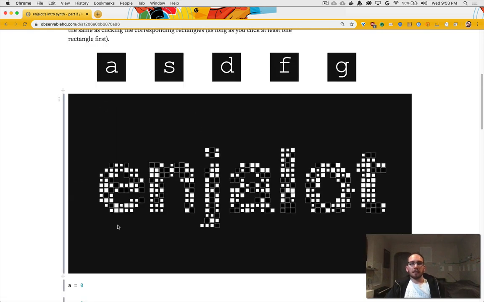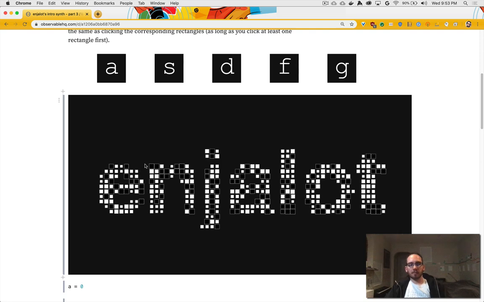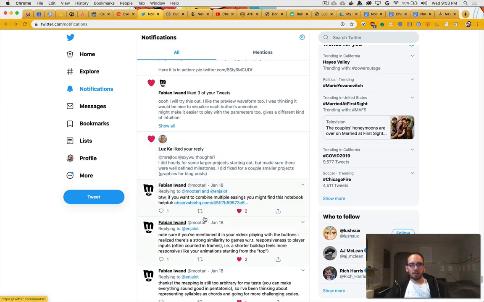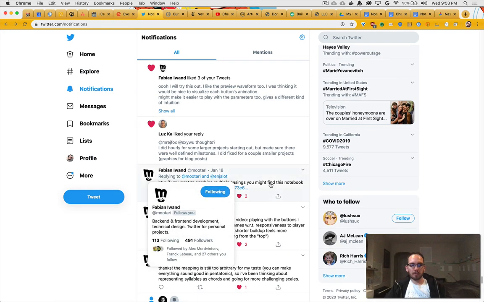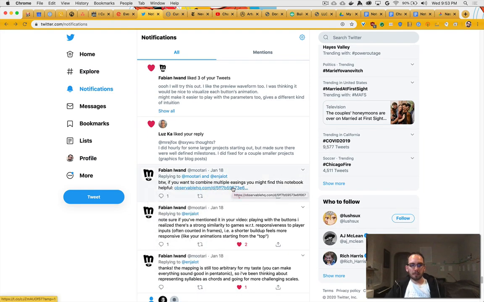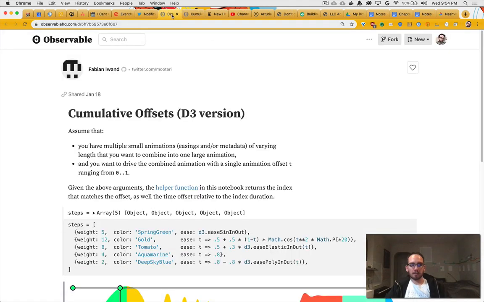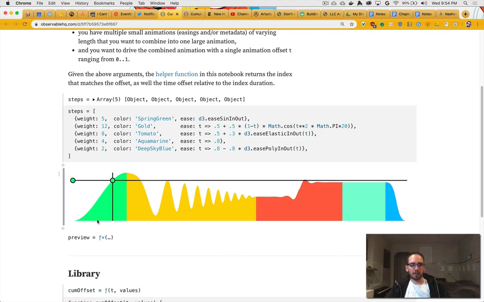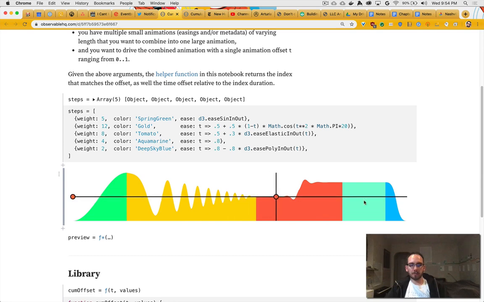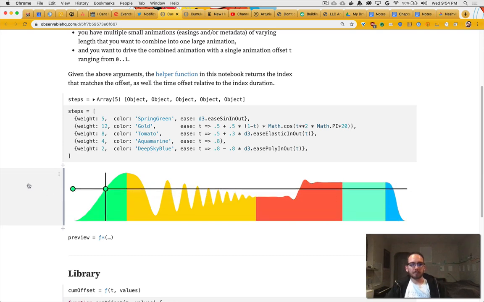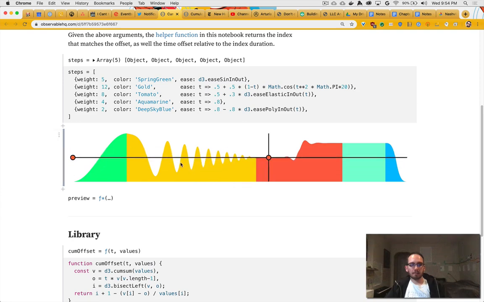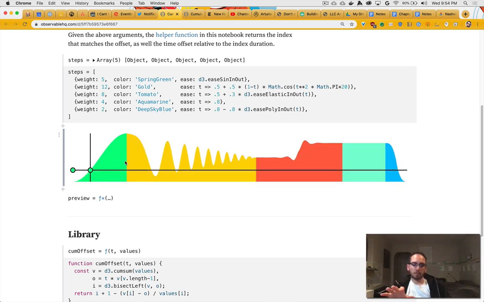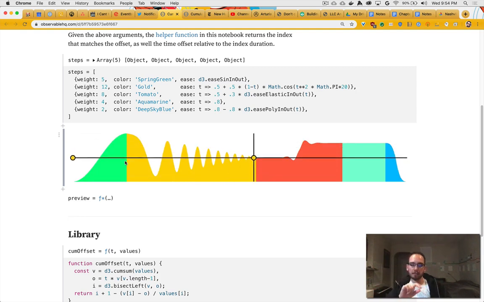So in any case, I was inspired by something I saw from Fabian Mutari. He shared with me this cumulative offsets notebook, and I love something about the colors and the way this curve is shaped, it's kind of nice and smooth. This is actually a slightly more advanced thing that maybe we'll play with, but really just like for one curve